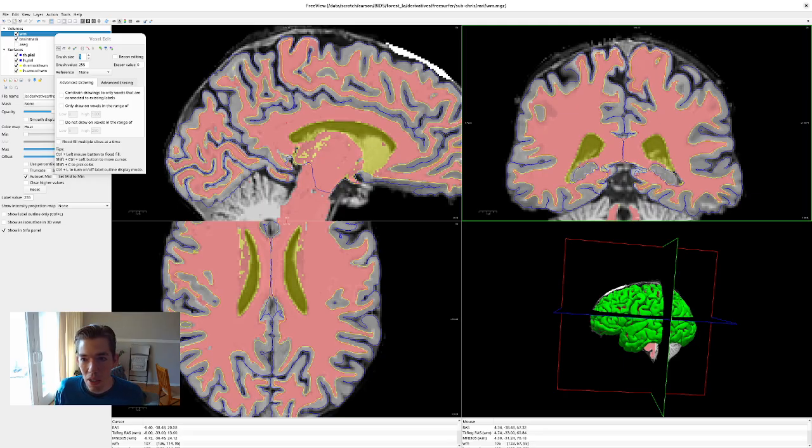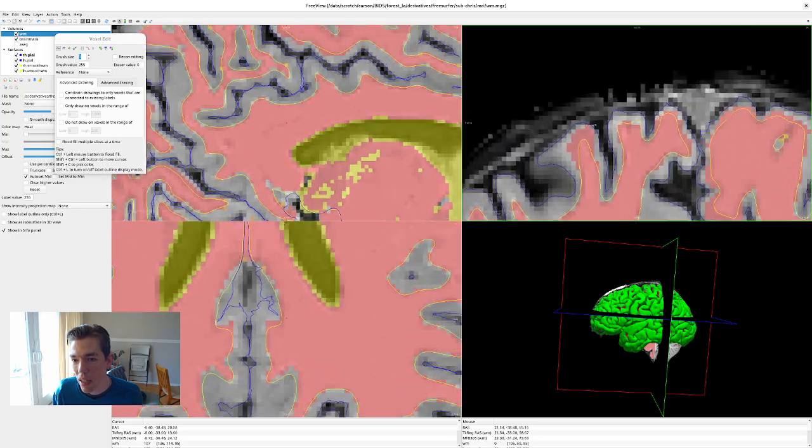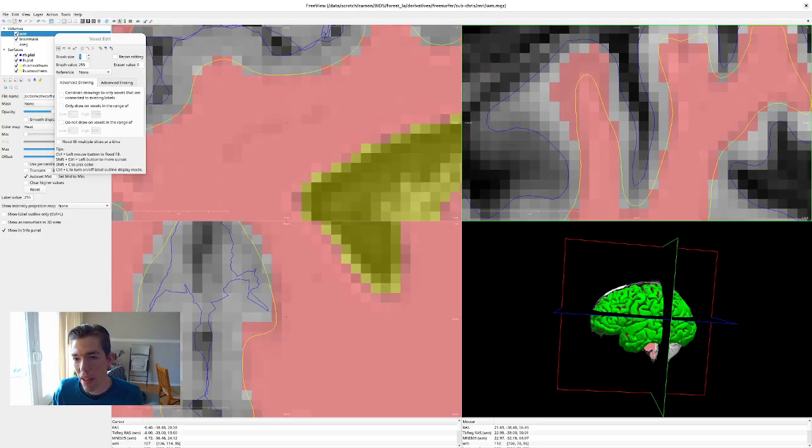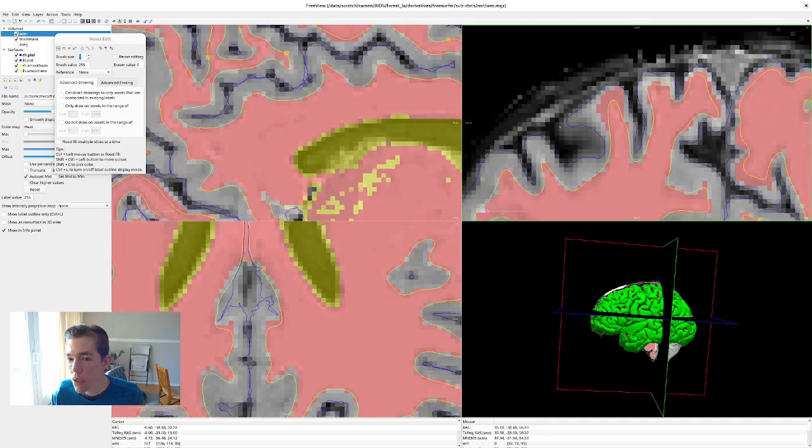The things that I was looking at just now were really quite small, picky things. And it's like, okay, well, clearly, if you've got white matter that's pushing all the way to the edge of the pial surface, that's not really accurate. And FreeSurfer is smart enough to know that it shouldn't be doing that, so it smooths it out anyway. But if you want to be really careful and get a really good surface, you'll go through and fix a